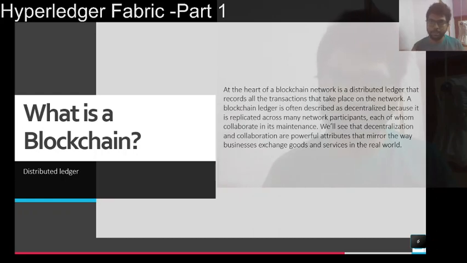Even this can be done with Ethereum, because Ethereum has both public and private options. It can also be done with Hyperledger Sawtooth or any other blockchain framework. So all this is there in Hyperledger Fabric. It is one of the frameworks which satisfies all these conditions. Hyperledger Fabric is not the only technology; it is one of the many technologies in blockchain. So we do this blockchain using Hyperledger Fabric.